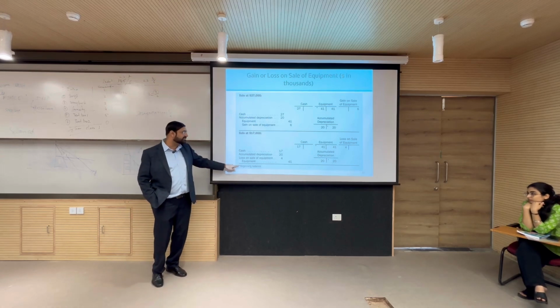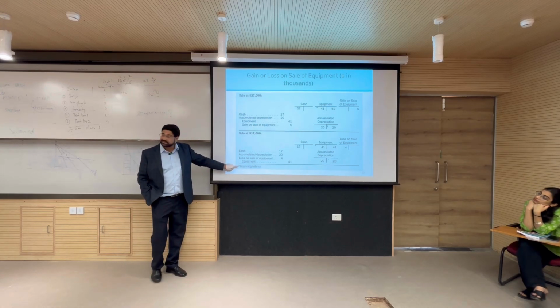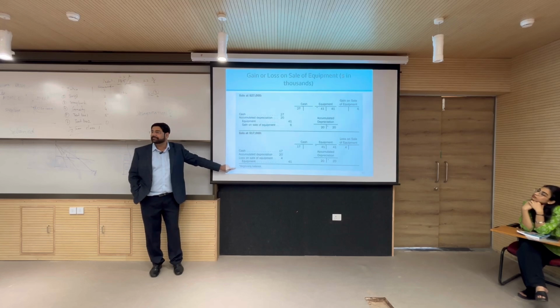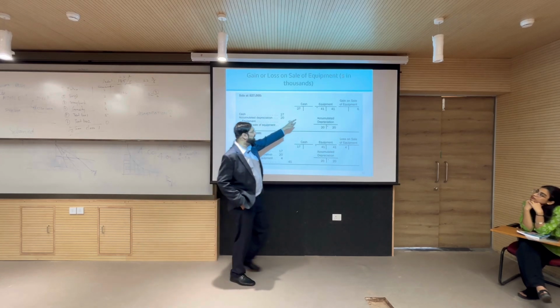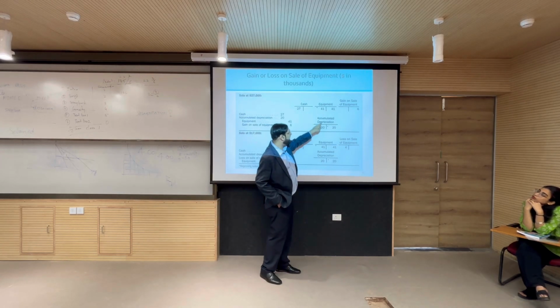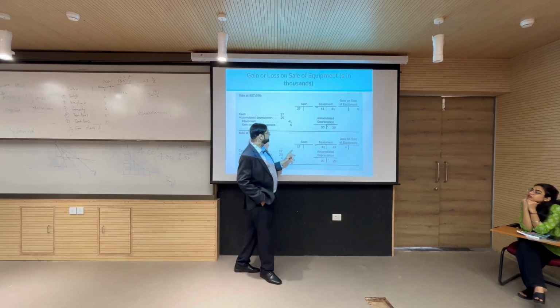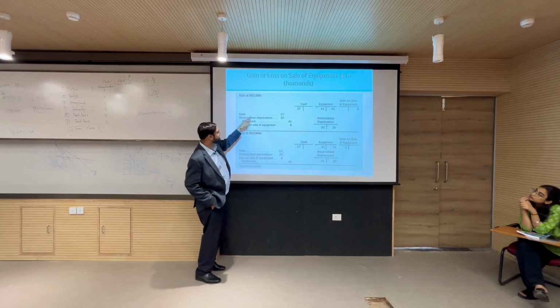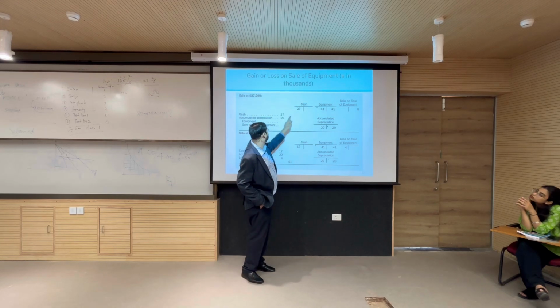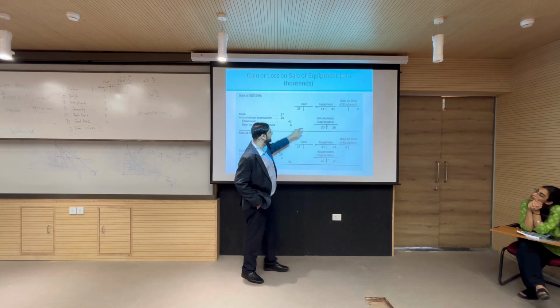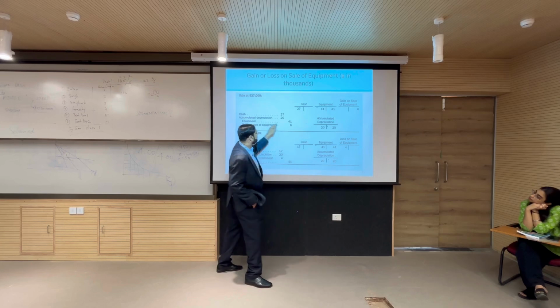So the beginning balance is how much? This is the asterisk, or that star represents the beginning balance. So equipment had a beginning balance of 41, accumulated depreciation had a beginning balance of 20, right? And then cash 27 debit, cash account debit side 27, accumulated depreciation debited by 20, equipment account